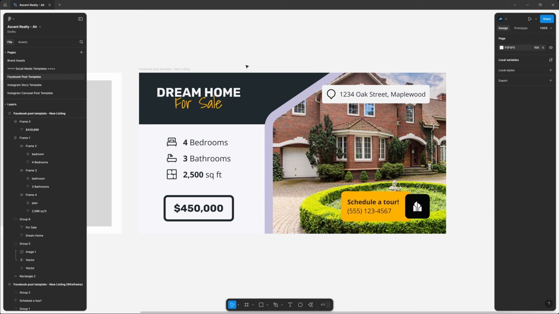But for now, the Facebook post template for the new listing is ready to go. So that's the first template done. Now, using what we've learned in this lesson, let's go ahead and create the second template, which is for an Instagram story coming up. Now, for our Instagram story template, we're going to create one that's made up of 4